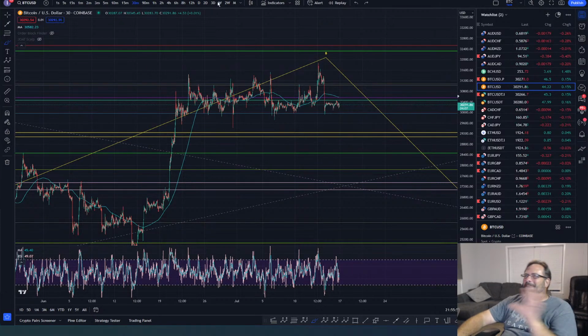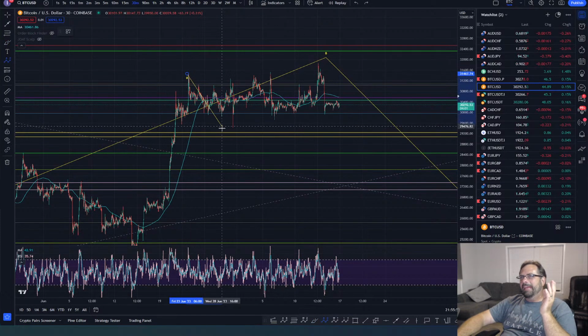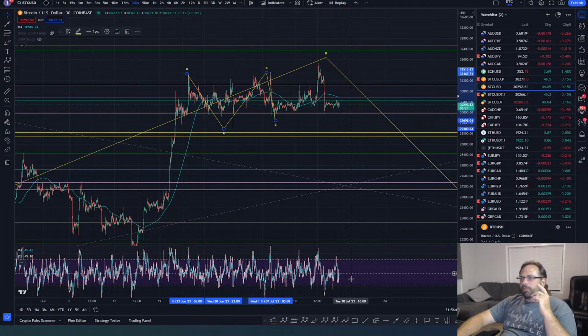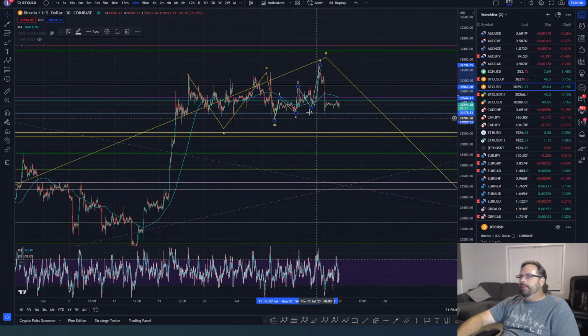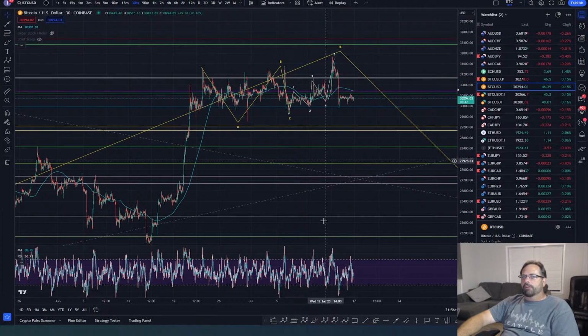All right. So understanding our dilemma here, how do we interpret this? One way to interpret it says this: I've got an A, I got a B, I got a C. That's a finished three-wave move. And then we already got our fifth wave, and it was an ending diagonal. So there's one way to interpret it. Wave 5 is done. This wave is finished. We're done. We're kaput. Right there, the finish here.